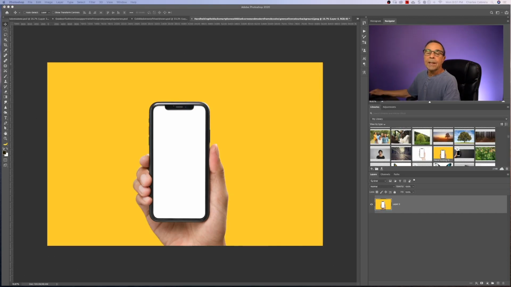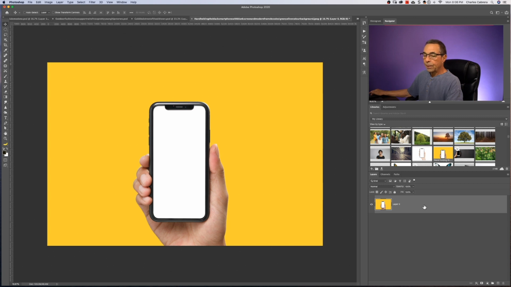So clipping masks can help you merge your layers, and this could be really helpful for a lot of situations, including composites. So in this example, I'm going to show you how clipping masks actually work and how you can use them to your advantage. So let's build a little composite here.